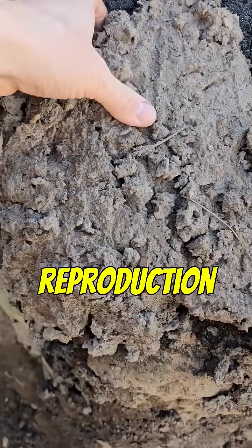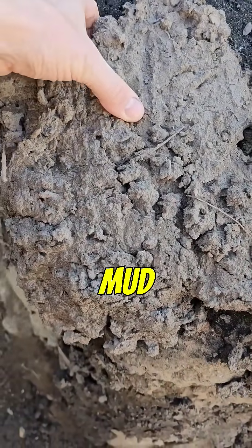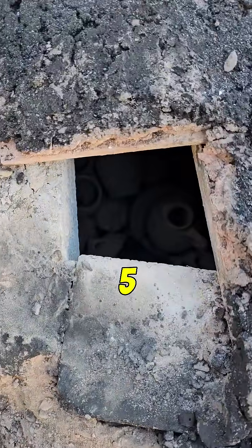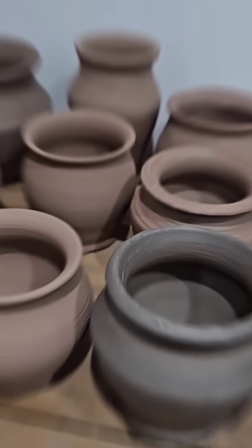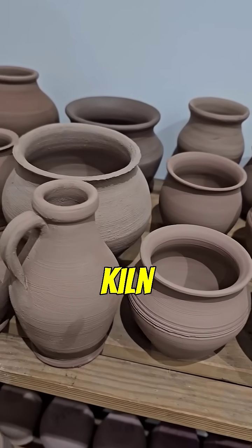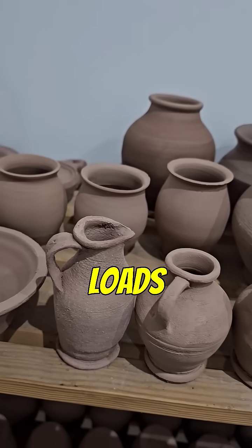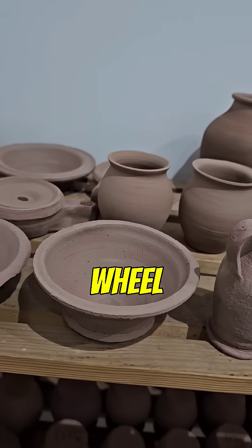This is a reproduction Roman kiln made out of mud, clay and sand, and I'm about to prise it open after doing a 5-hour firing. But before we have a look at what's come out of the kiln, let's have a look at what I put in. So after many hours of throwing loads of different types of clay on my potter's wheel, I've come